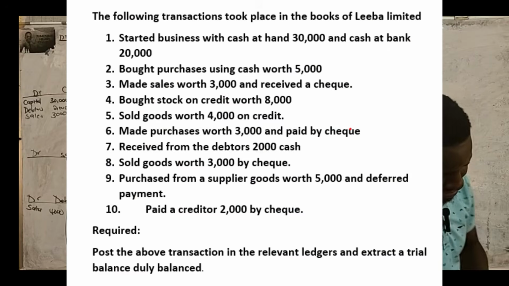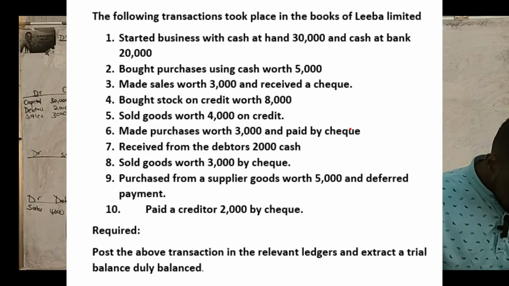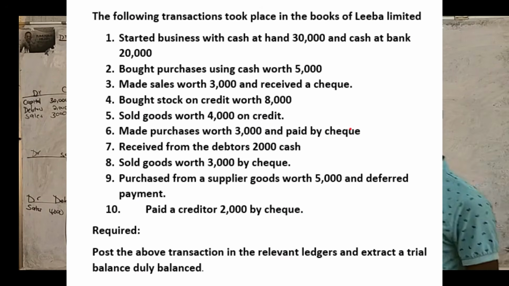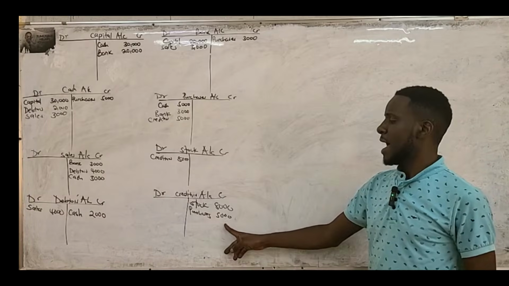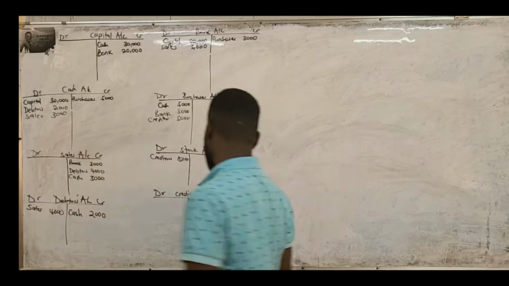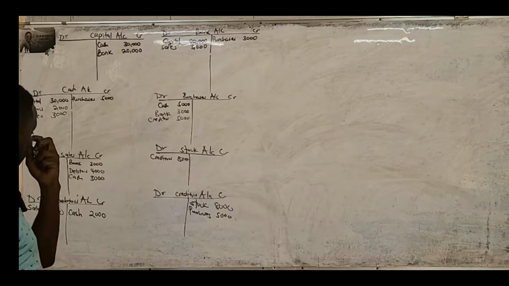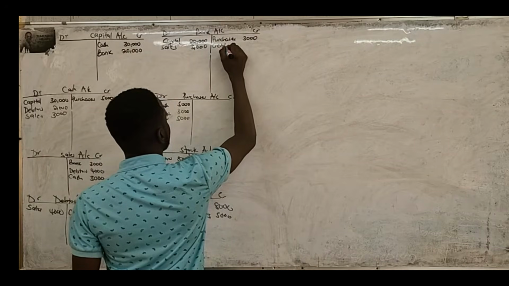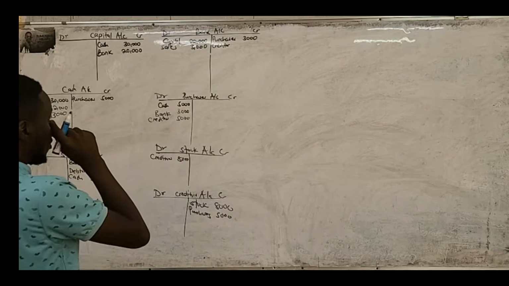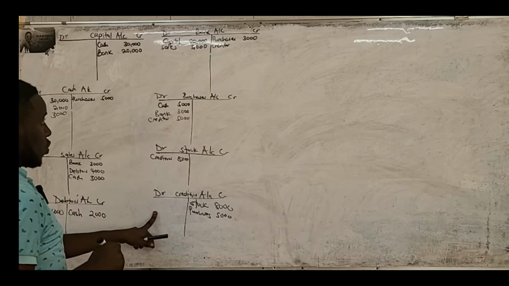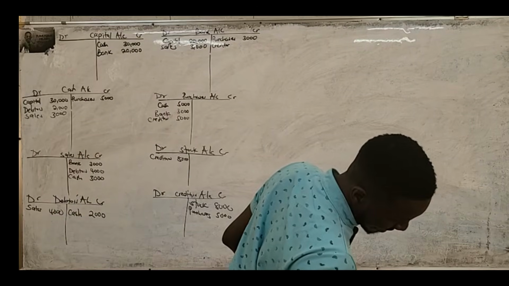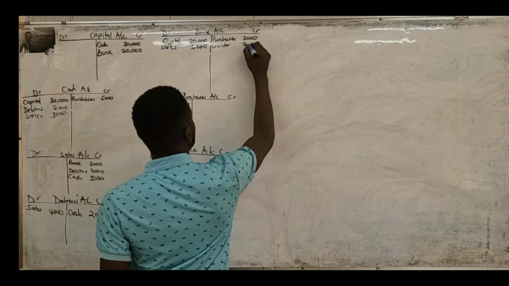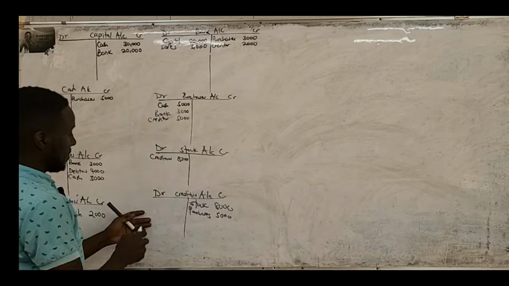So the next transaction, they're saying pay the creditor 2,000 by check. Now remember, we have a creditor, this one here, and this creditor is actually demanding 13,000 from us. So if we pay him by check, it means you're going to lose money in the bank to a creditor, okay? And because of that, we are paying him how much? They said pay the creditor 2,000 by check. It is 2,000. So you come here and say 2,000, and then you come here and say bank,